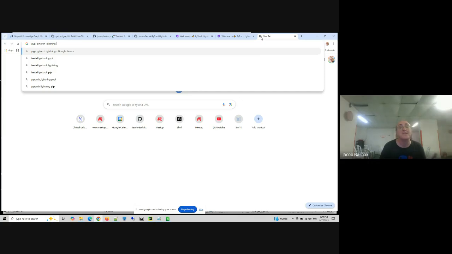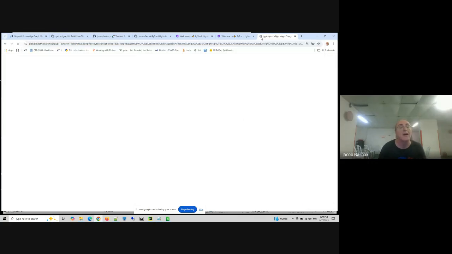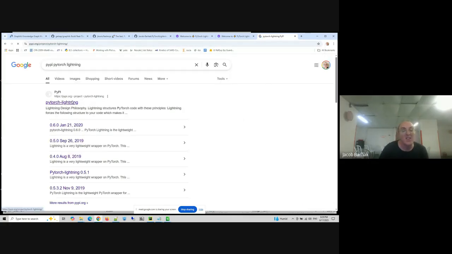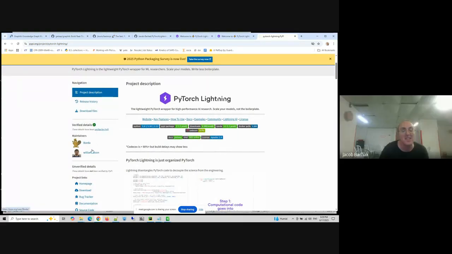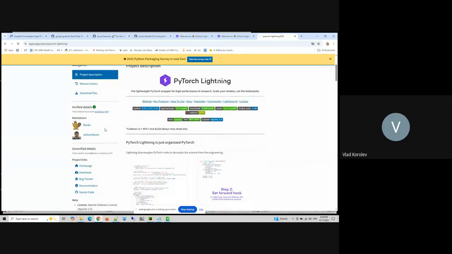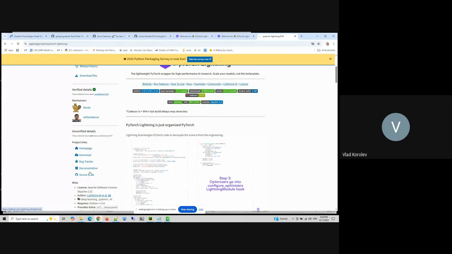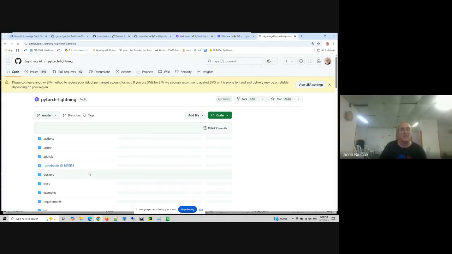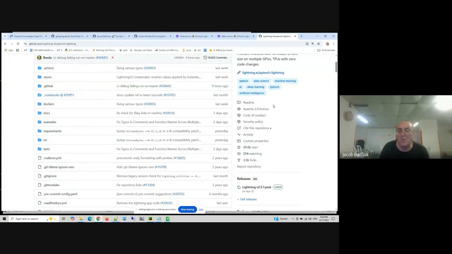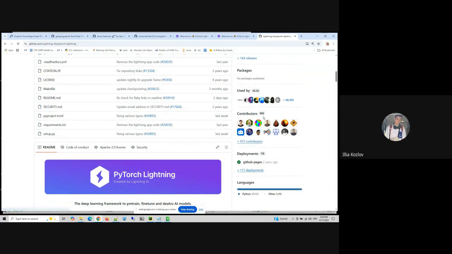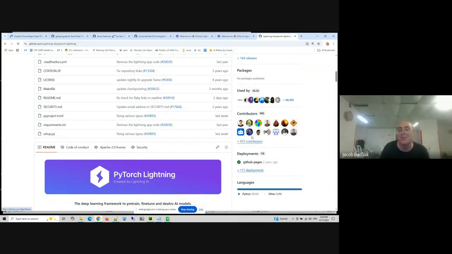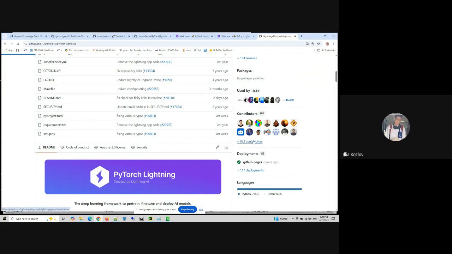But this is how it is in open source. There we go. And usually there's a link here to the GitHub. You see, there's William Falcon and Borda, which are the big maintainers. If you click on homepage, here's the source code. Here are all the people who committed. It's Apache, by the way, and wow, 986 contributors. It's huge.